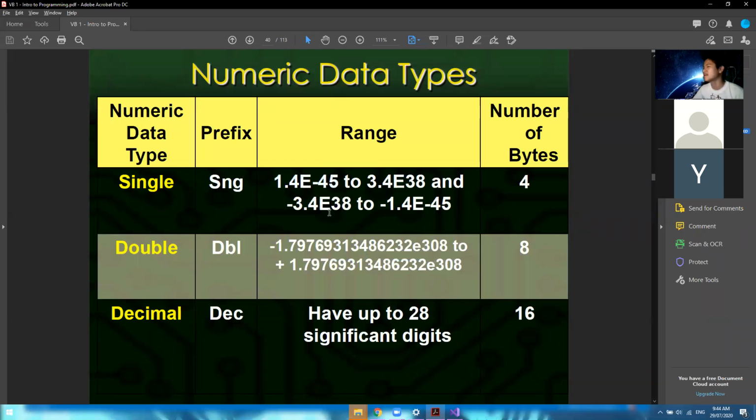Actually, never pa naman ako naka-encounter ng error kahit billions na yung pinapakita. Okay? Pero kapag siguro, I don't know, ano bang susunod sa trillion? Siguro kung more than trillion, then pwede kang gumamit ng double or decimal. Okay? So this one, having up to 28 significant digits. So kung ito, 10 lang. Kung ito, 5 lang. 5, 10, and then ito, tatanggap na siya ng 28. So instead of 8 bytes only, we now have 16 bytes. So this one is a wider range of